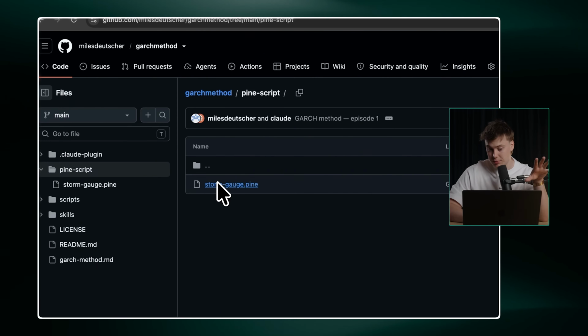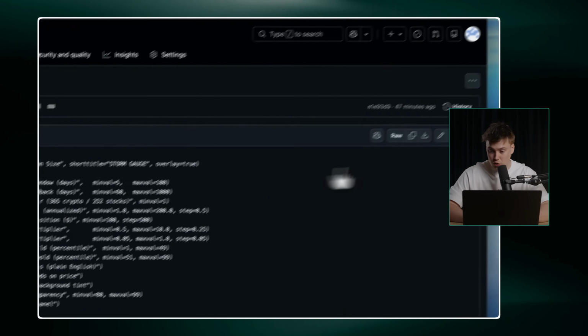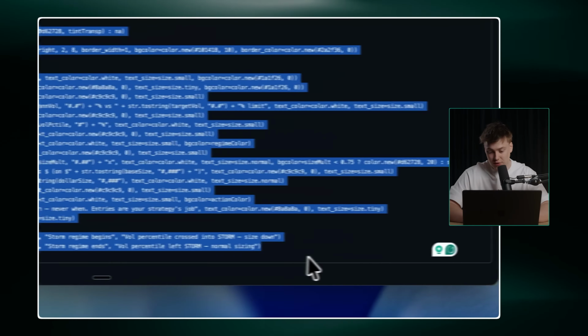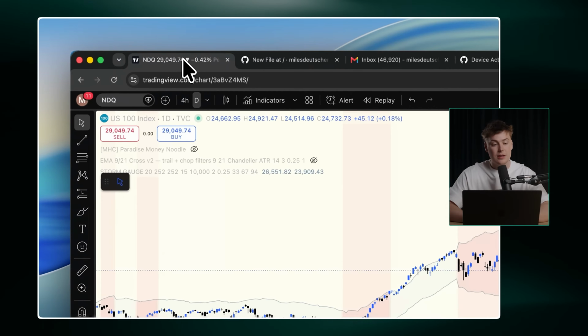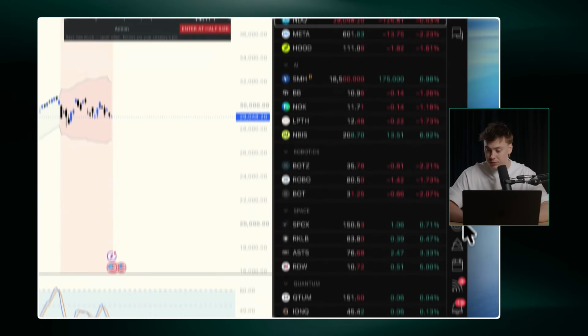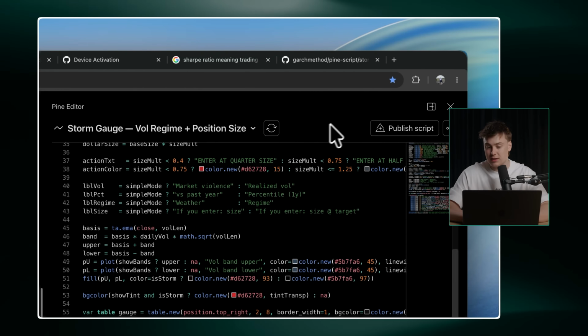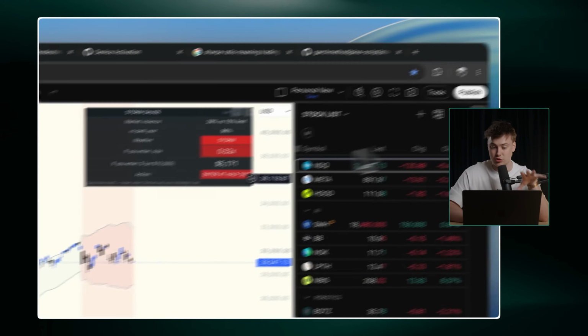So if you go into the GitHub and you go into PineScript and go storm gauge Pine, what you can do is you can copy the entire file here. You can just either copy the raw file in the top right hand corner or simply copy and paste. Then go into TradingView, then click on the little pyramid logo here. Then I've already got one in, but I'll clear it out and show you what it would look like. Paste it in. Click enter, click refresh, and this is going to load the indicator on your screen,